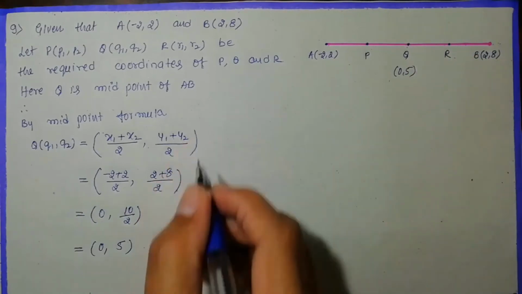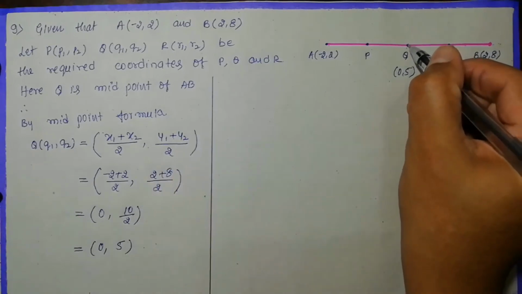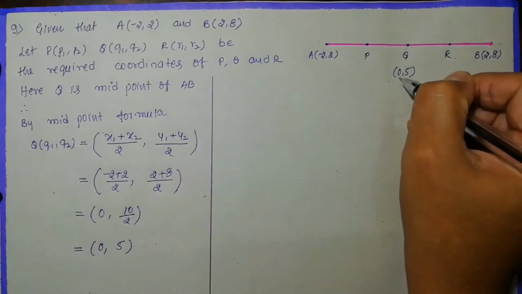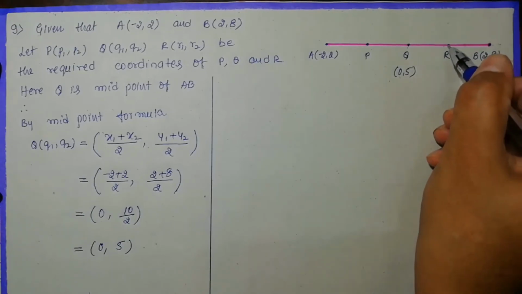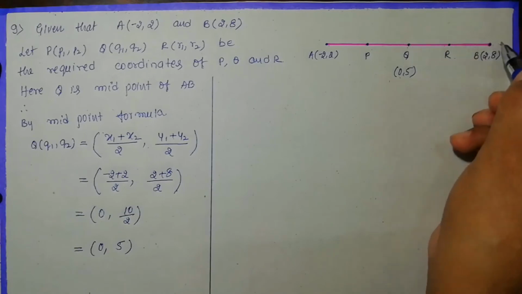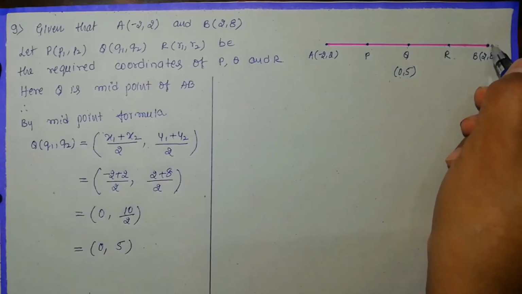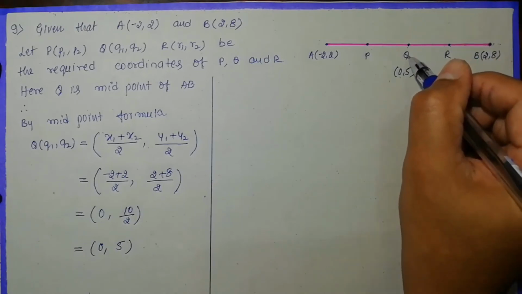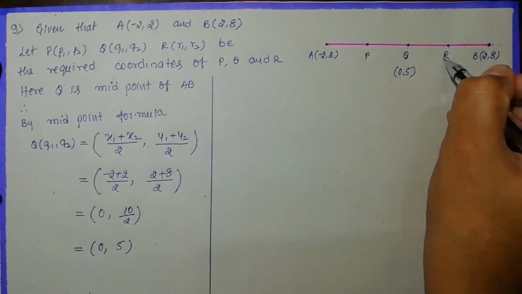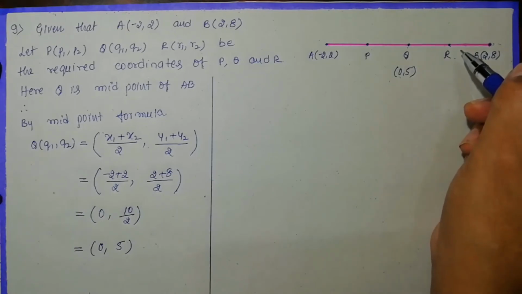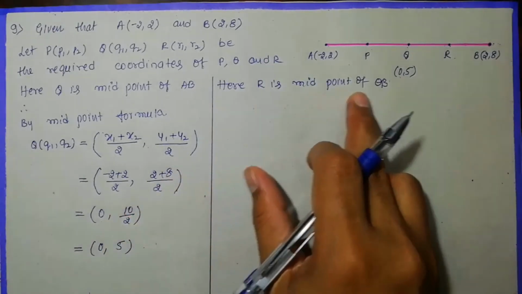So now I'm going to do it like this. Now look at here, the coordinates of Q are known, the coordinates of B are known for you. Now what can you say about the point R? If you just consider the length QB, R is the midpoint of QB. So if you apply the midpoint formula for Q and B, you will get the coordinates of R. So once again I'm going to use the midpoint formula. That's why I have written here R is the midpoint of QB.